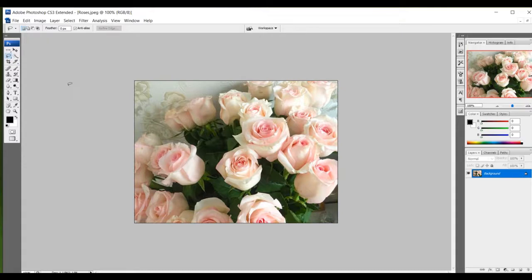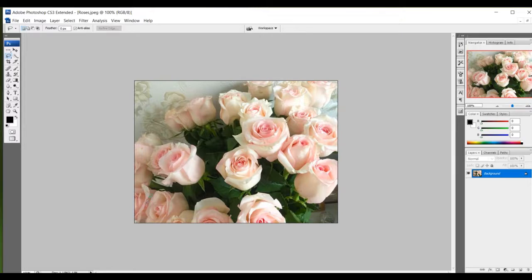It selects an irregular area of an image. Then click once on any part of the image. Suppose I'll just click on any part of an image. Then release the mouse button at the end point.